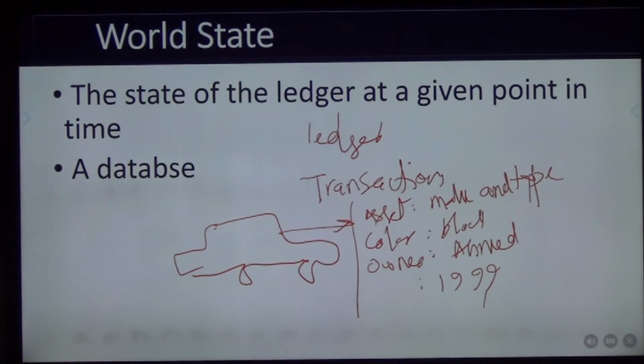What Javed does is he changes the color of the car to white. Because you are monitoring this attribute of this asset, you have to go and change the blockchain, make a transaction. Now the car is with Javed, and Javed has changed the color of the car to white at some point in time. So you are recording in your transaction everything that makes changes in one of these attributes. So you go, you make the change.